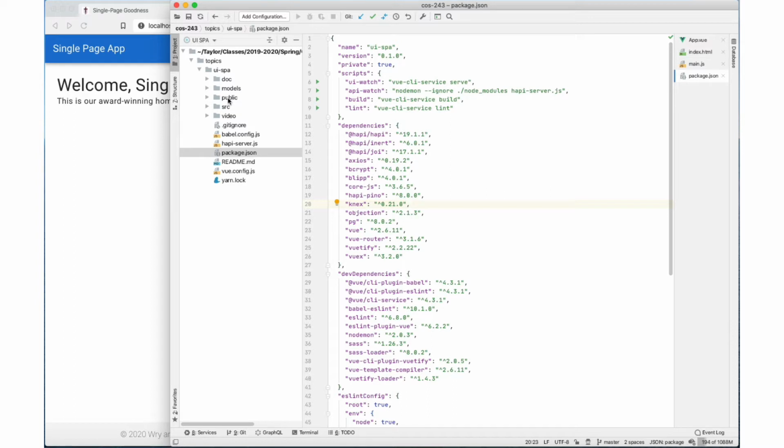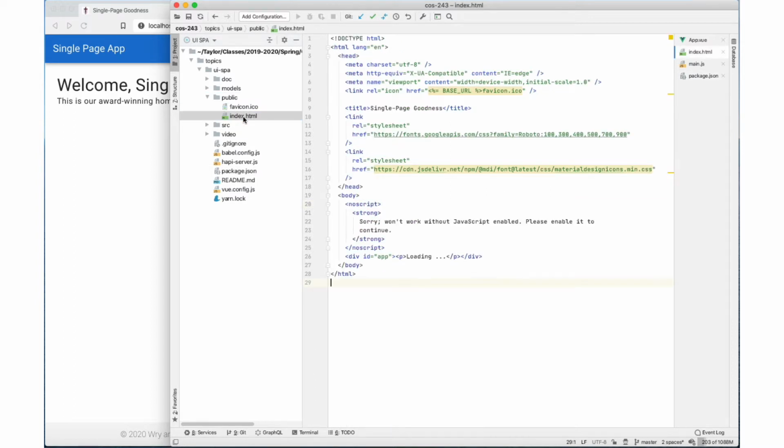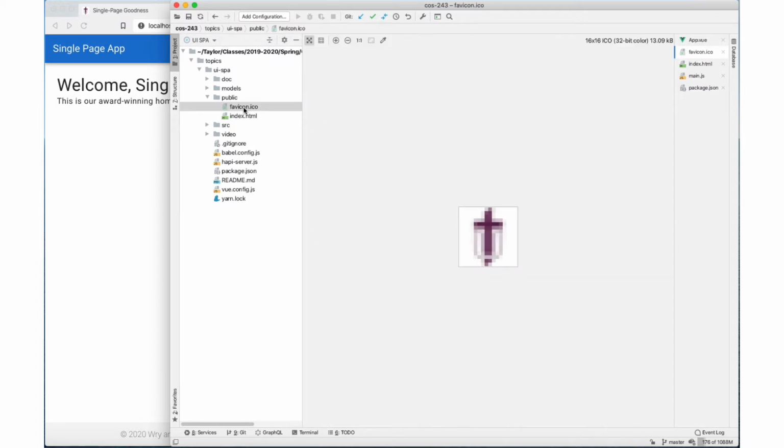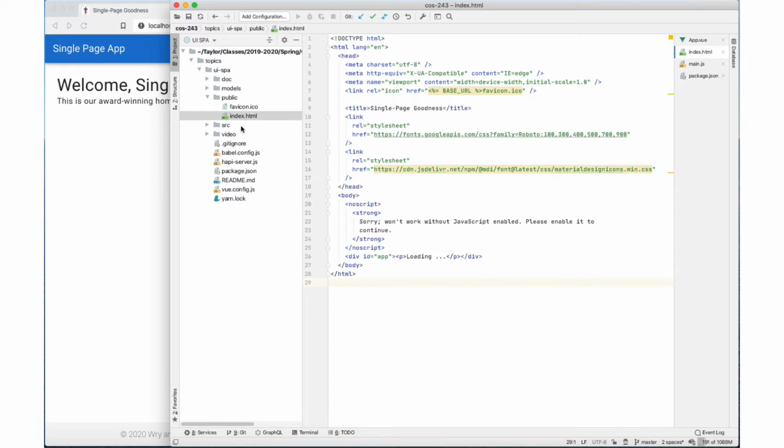First of all, there's a public directory, and it's got an index file in it, which is actually going to be the main HTML file that the application is going to load, and then all of the other functionality is going to be pulled in by the browser from there. There's a Taylor favicon file that's going to be loaded by that index, and then all of the JavaScript behind this is going to be located in this source directory,